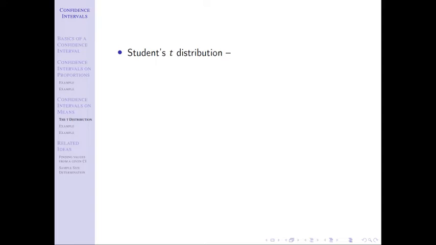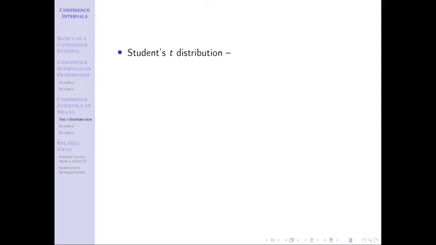If you still feel a little bit shaky on confidence intervals on proportions, this would be the time to exit out of this video, go back, rework some of those problems, rewatch some of those videos, work some of the supplemental problems that are provided for you, and extra sets of notes or in the textbook, because things are going to get different going forward, and I want to make sure that you keep them straight. Okay, so if that applies to you, go ahead and stop this video, go back and do that.